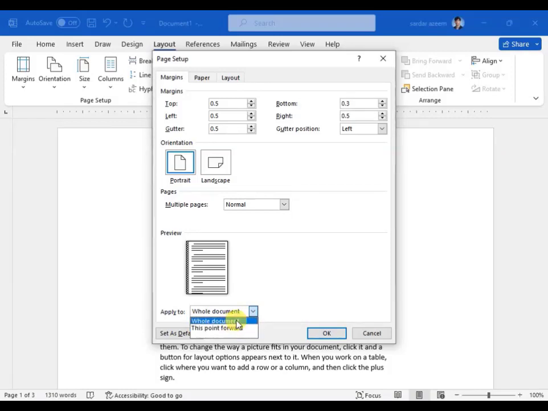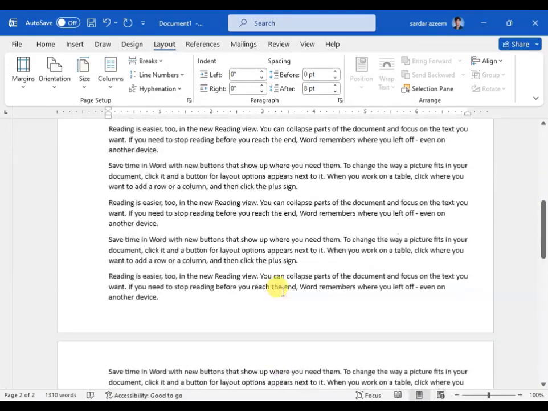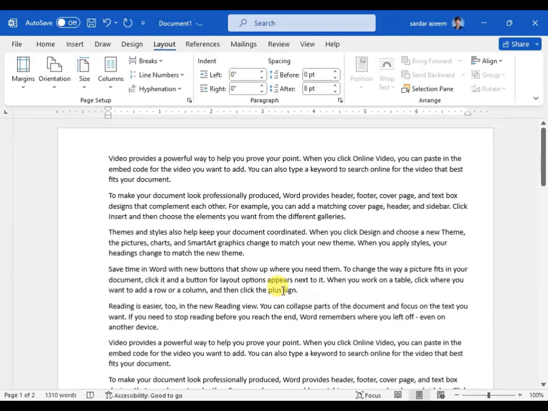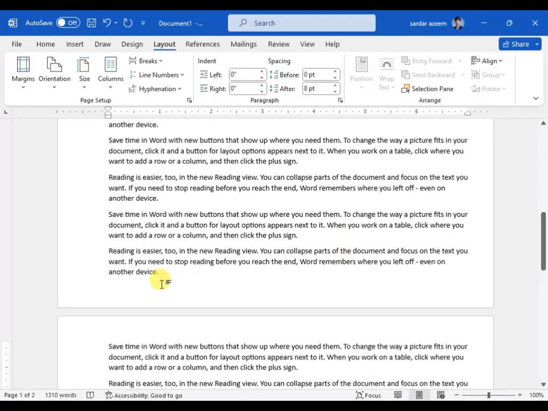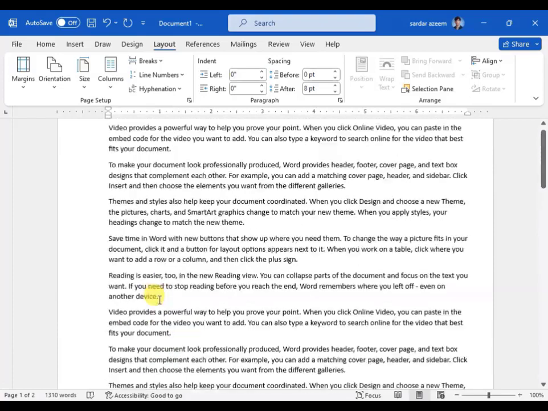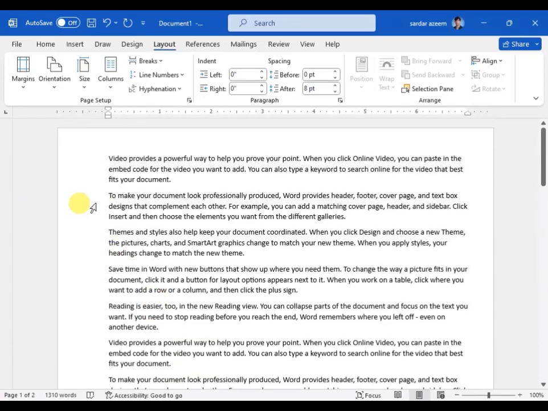For example, Whole document means on all pages. This point forward means from this page onward. Now I'll apply it to the whole document and click OK. So my given margins are applied to my page. You can see that it is 0.5 from the top, 0.5 from the left, and 0.5 from the bottom, but it is 1 inch from the right,